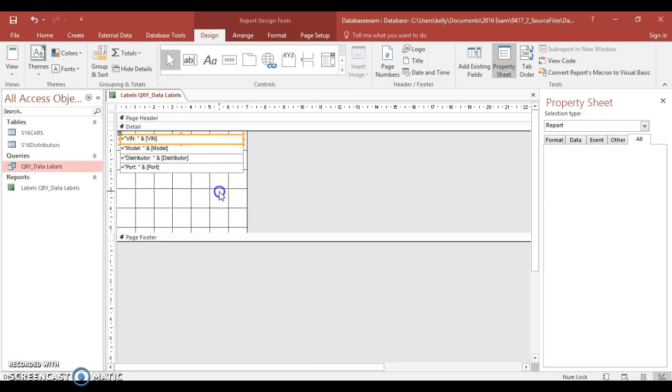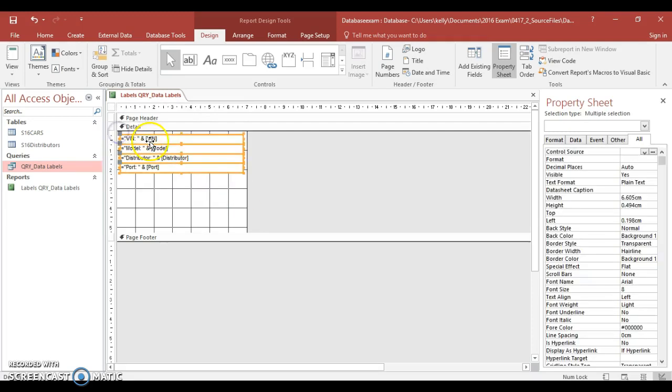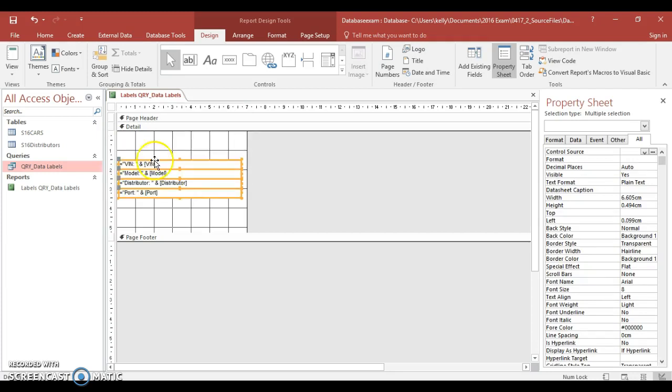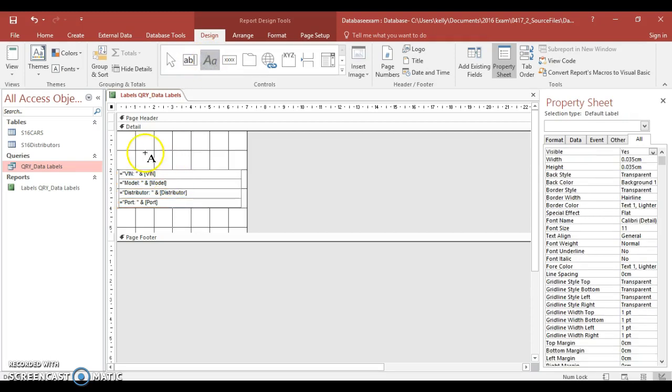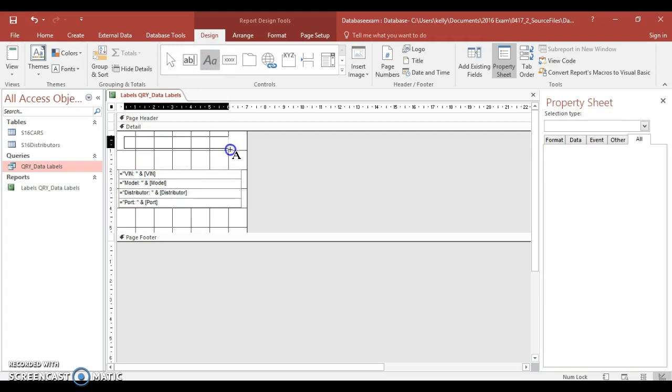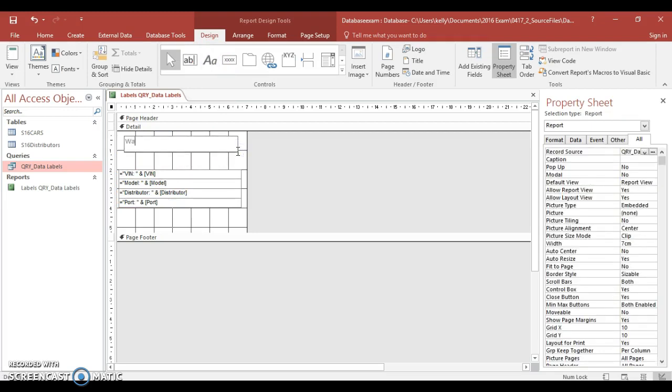Now I'm just going to select all of these. You can just simply draw over them using the mouse, drag them down. Okay, and we're going to start, so drag it down a bit more, start building our titles. Now please make sure you use a text label. Do not use the text box, because as some of you would have seen in class, it will build a parameter. So text label, just simply type warning,